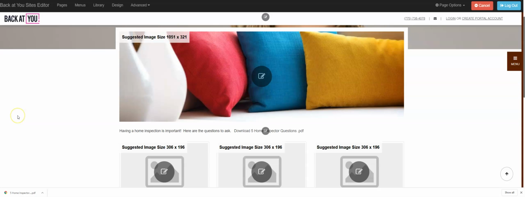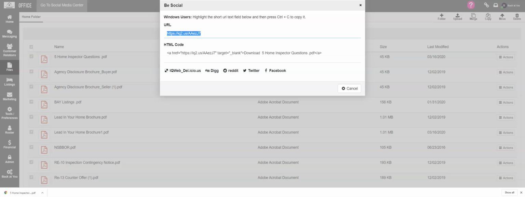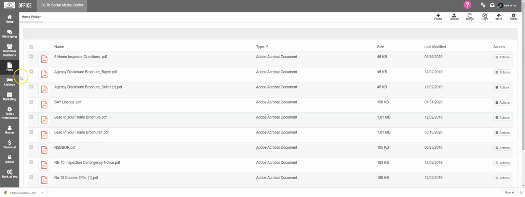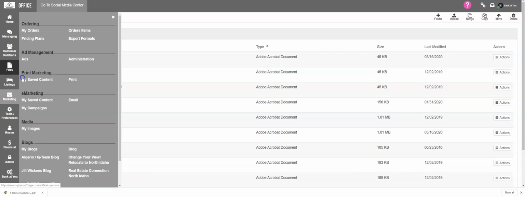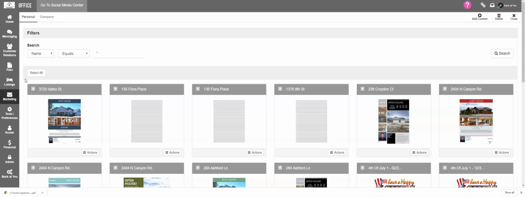Now, if you're ready to go to the next level that says, hey, I want them to land on a page, I want it to have some information, but I want the second part of this to be that they're going to get an email. So this page might say, hey, thank you for registering. I will be reaching out to you shortly with a PDF of your information. Then I can go ahead, I can go to my Office, and the first step of this is creating that email. So if I go into my marketing section, I'm going to go to My Saved Content, and the first thing I'm going to do is to create that portion,